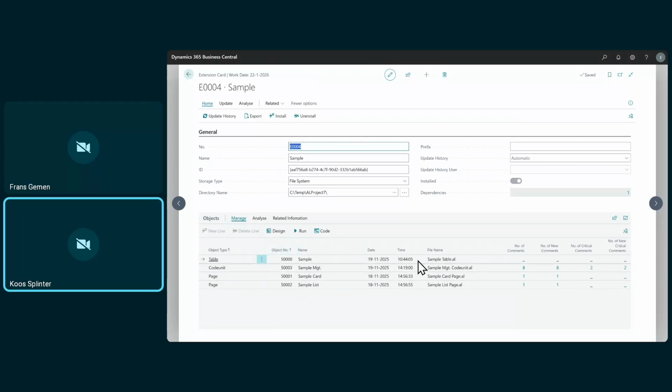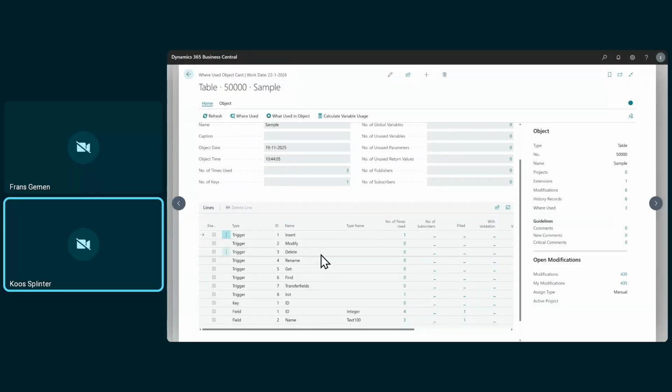Now, having said that, this will be the result, and I will continue the demo a little bit later with some extensive guideline checks and where-used analysis. Basically, these tools are one of the main features of Object Manager. So where-used is about, of course, how objects are related to each other. Where are you using a table? Where is my field being used on pages, on reports, in codeunits, etc. And the main purpose of where-used